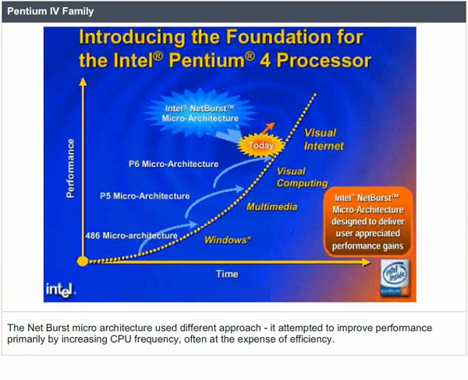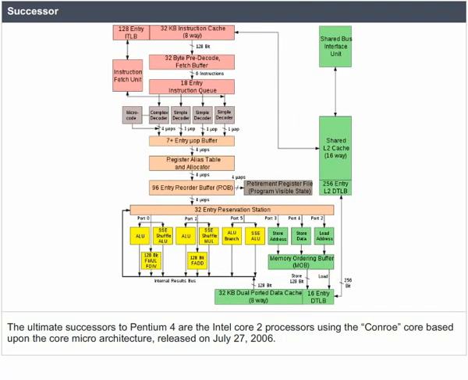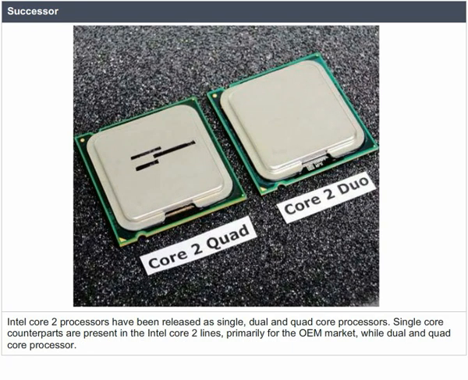Successor. The ultimate successors to Pentium 4 are the Intel Core 2 processors using the Conroe core based upon the Core microarchitecture released on July 27, 2006. Intel Core 2 processors have been released as single, dual, and quad-core processors. Single-core counterparts are present in the Intel Core 2 lines, primarily for the OEM market, along with dual and quad-core